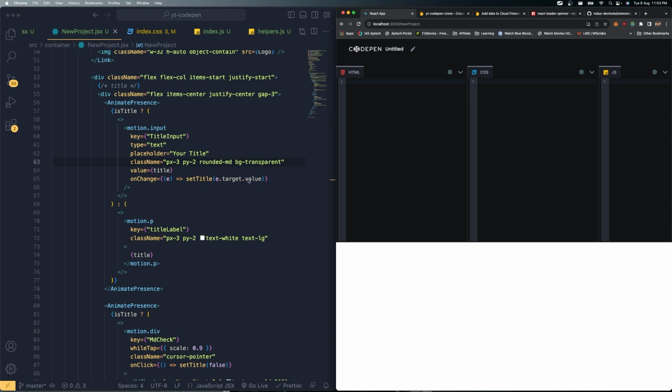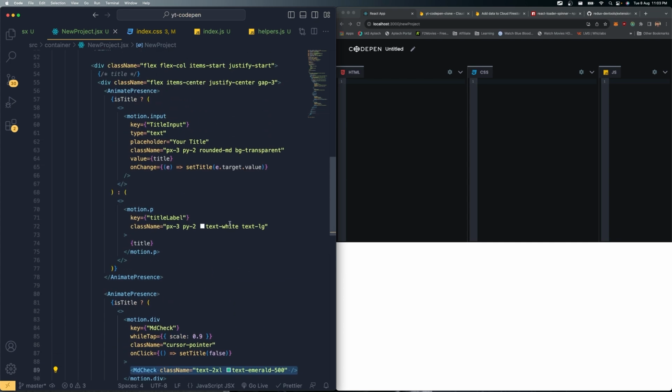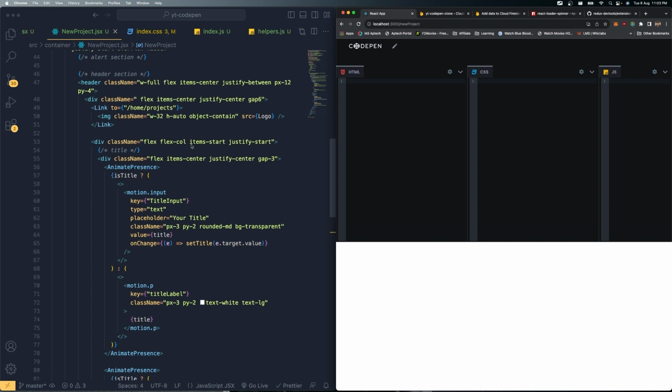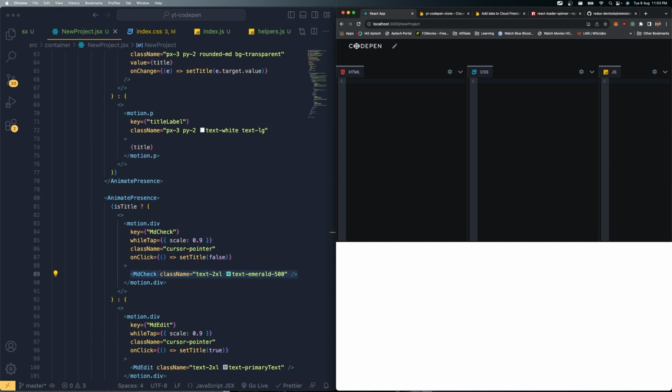If it is true, then of course it needs to display this check mark as well, right? That is also not being displayed. See, that is also not being displayed. On click, whenever I'm clicking that MdCheck mark, it's going to be,